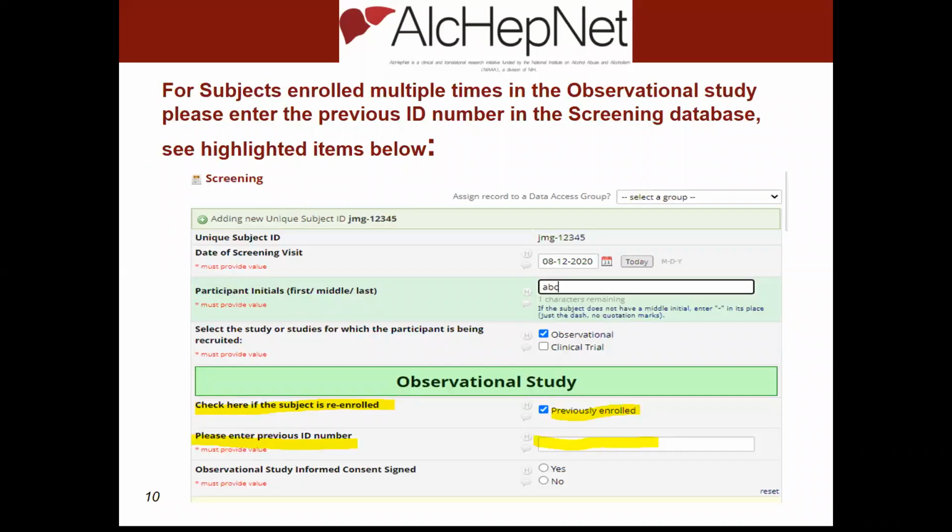So when you enter their subject ID, I guess I'm just wondering for monitoring purposes, you enter the subject ID that they were previously enrolled with? And is that the ID number that they keep, or do they get a new one assigned to them? They get a new one. So from our perspective, it looks like the enrollment is up by one, and we'll treat them as a completely different subject. They go through the same visits and everything, but for the biorepository, we need to know if it's one and the same person. Does that make sense?